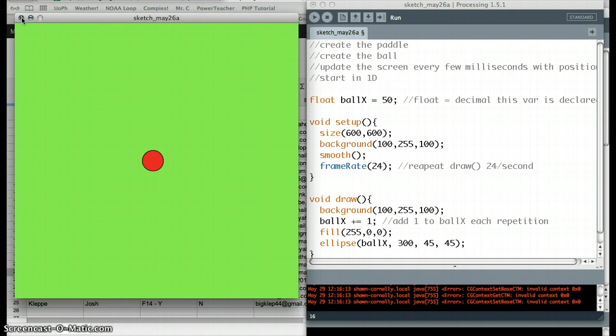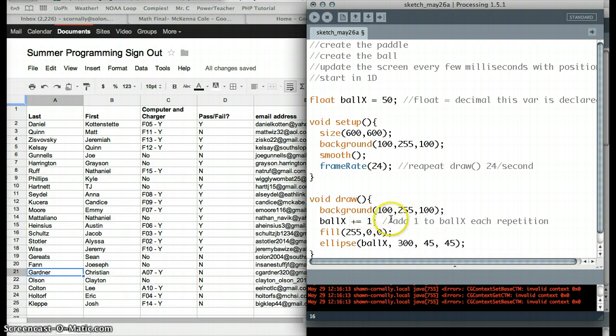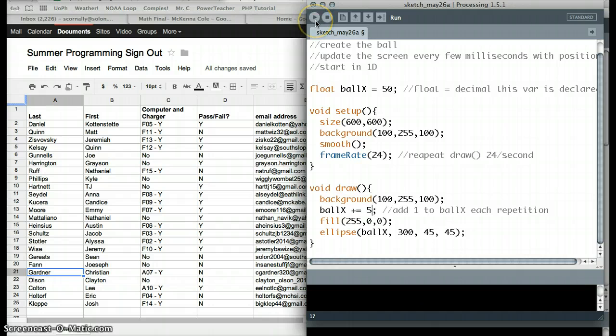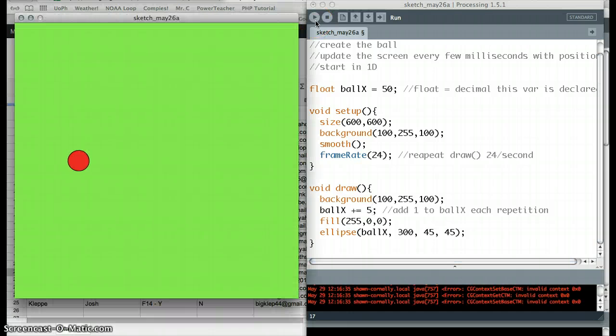It's actually quite slow. So let's start jumping the ball a little bit faster. So we can change this to 5, and now it's going to jump by 5 pixels every time. So it'll look faster, right? But it looks jumpy, doesn't it? And of course it does. And of course it goes right off the screen, and now the ball is somewhere over here, doing nothing and